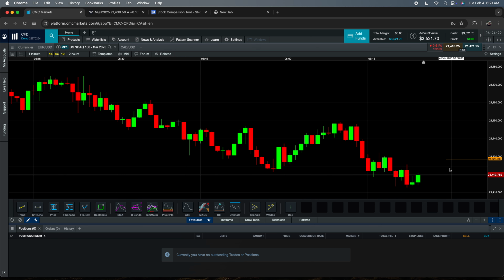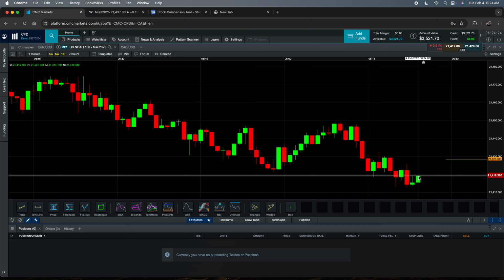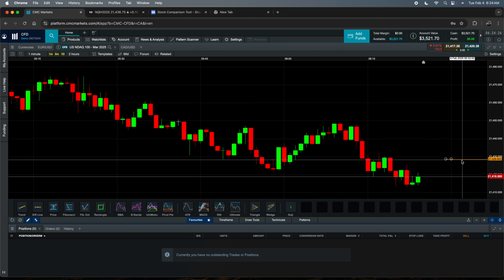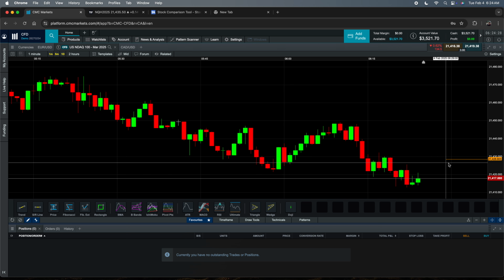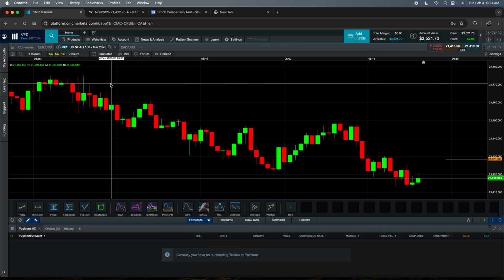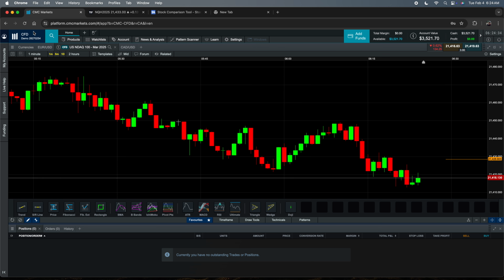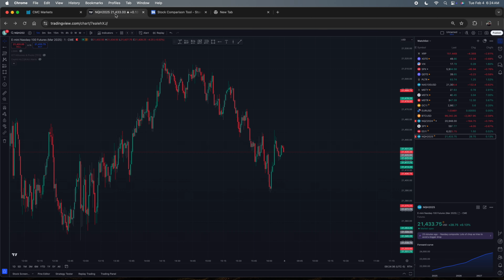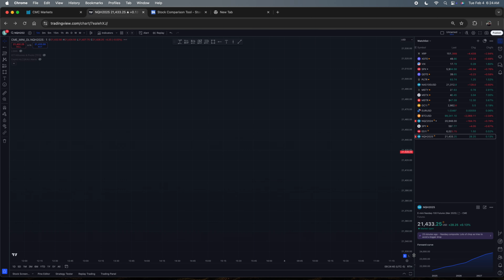I'm looking for a gap between the opening price and here, but we're pretty close to it, so I don't think anything's going to happen. So that's just for reference anyway. No big deal. Next, we're going to go back to TradingView, and now we're going to go to electronic trading